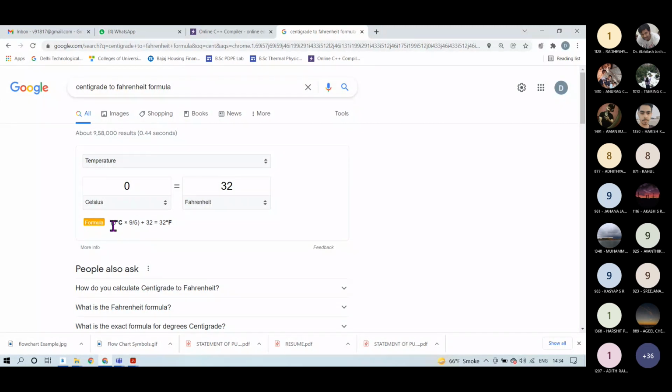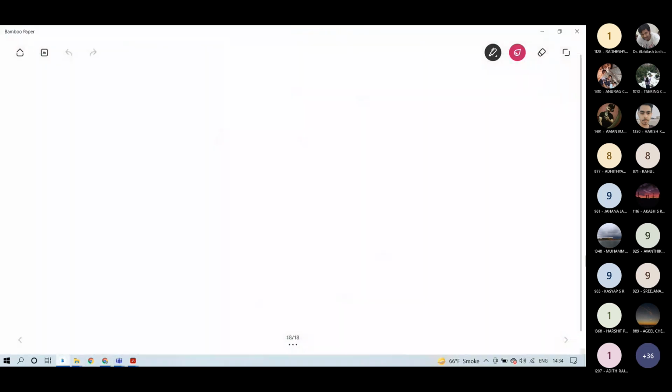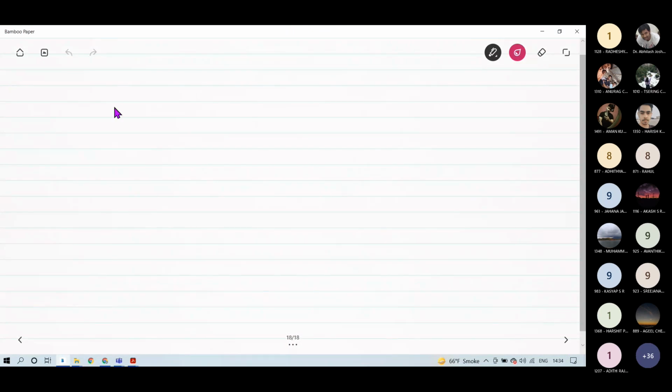This you again have to store into a variable. So I can say temperature in Fahrenheit will be equal to temperature in Celsius into 9/5 plus 32. As simple as that.